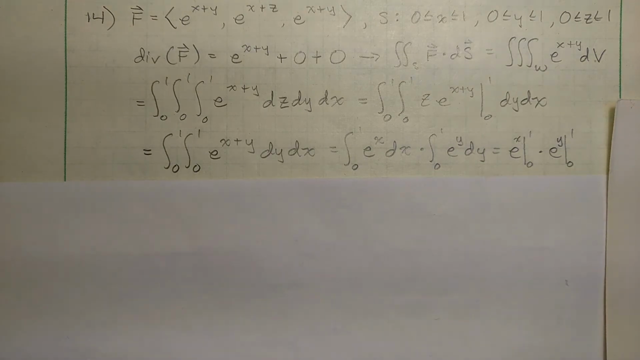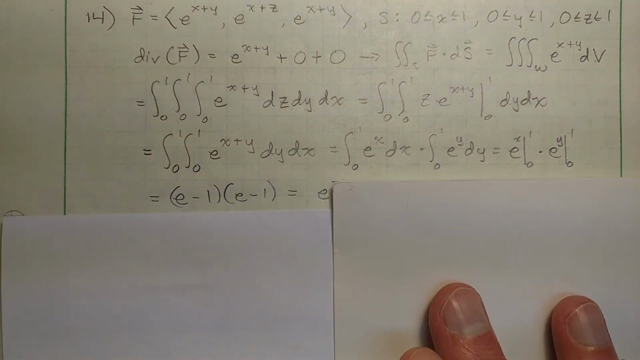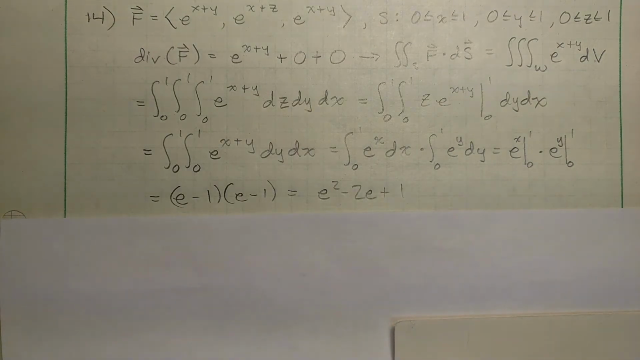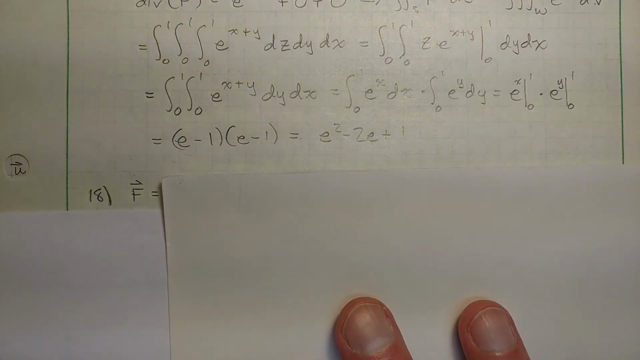So when I go ahead and plug in, I get e minus 1 times e minus 1, which if I distribute out is just e squared minus 2e plus 1. Okay, fairly straightforward. Now we're going to look at one that is a little bit more complicated because of the